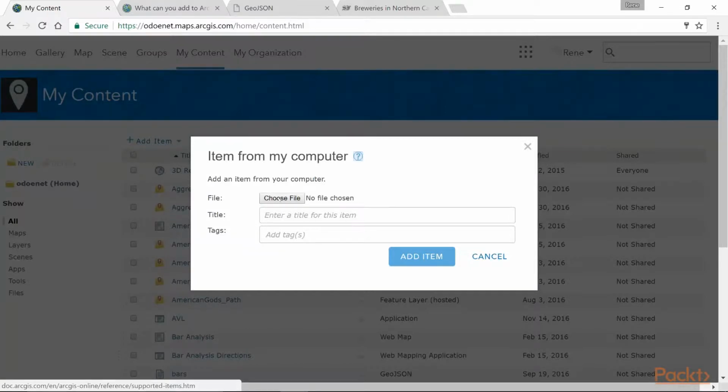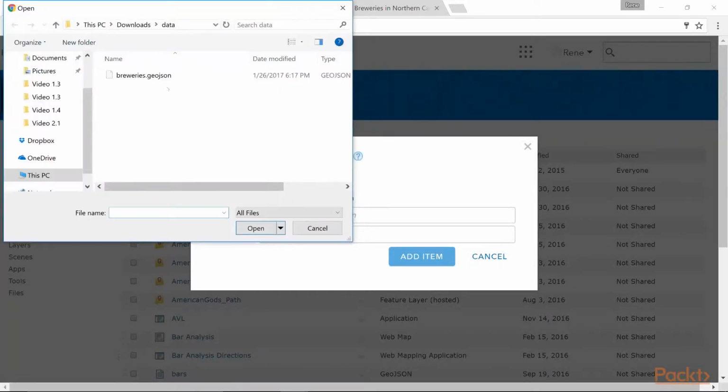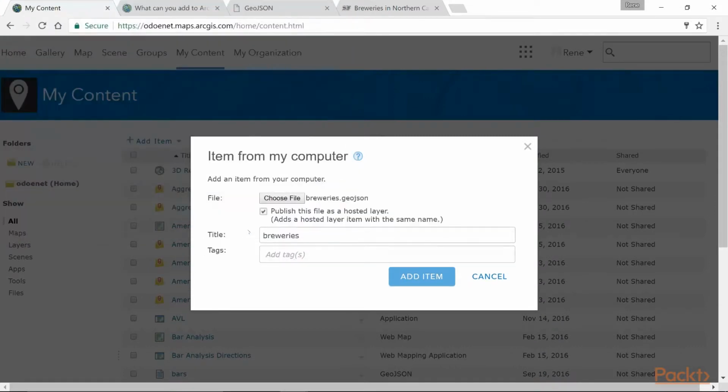And it's going to ask me to choose the file. So I'm going to go and choose the file. And I'm already in the folder I downloaded it to. It's just called breweries.geojson. No need for me to zip that up. I'll click Open. And now automatically it's going to have this checkbox here that says Publish this file as a